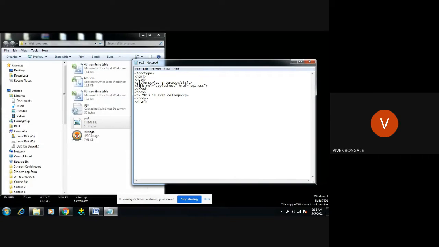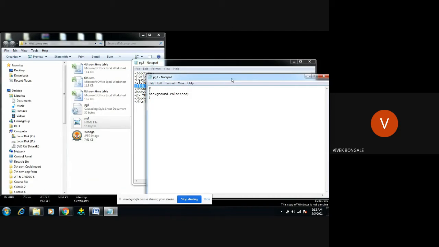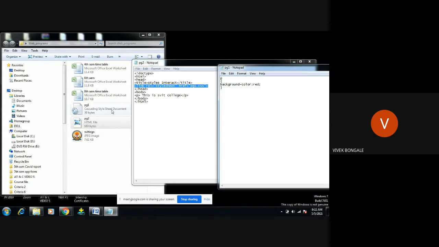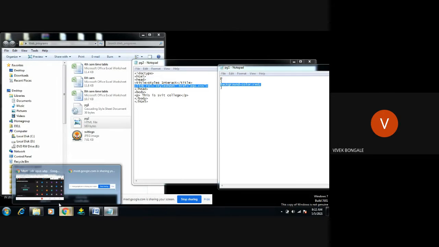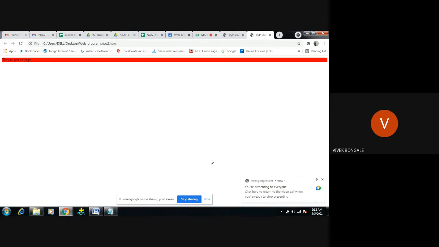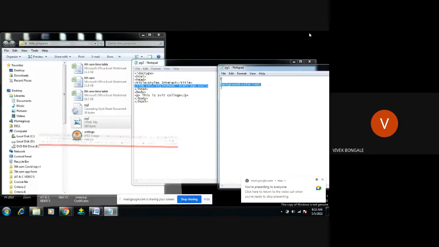Correct? So which type of style rule have we applied here? The style sheet we applied for this particular program. We applied an external style sheet, correct? In the external style sheet, we have this one style rule. In the body, for all the elements, all the tags we have used, we have to apply this style rule. The background color should be what? Red, right? As per this program, we got this output, correct? So this is SVT college and the background color we got is red here, right?